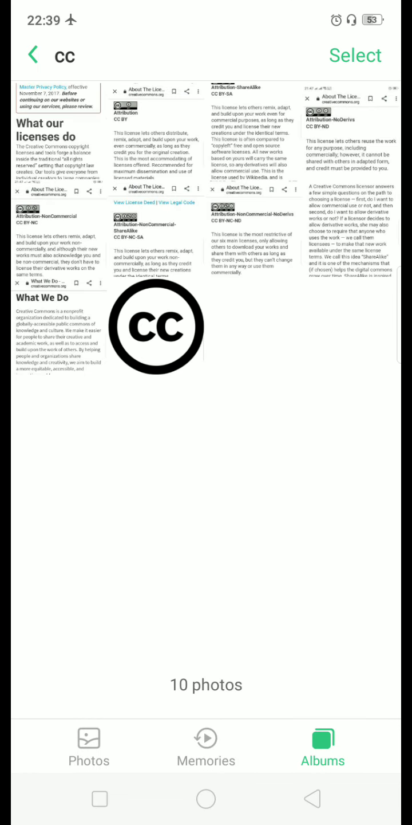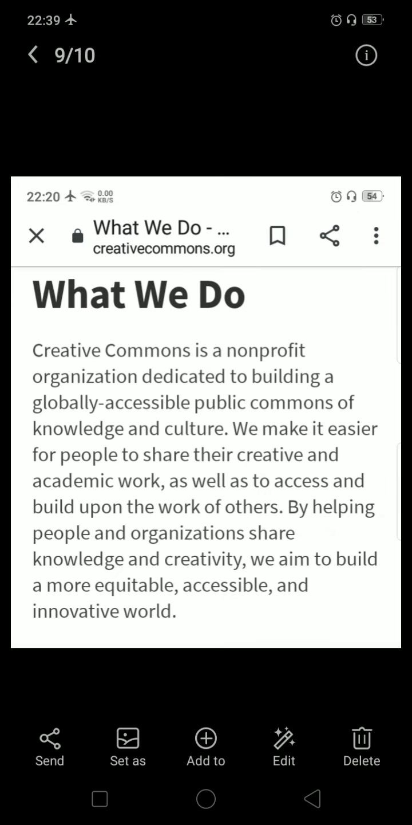So the process is simple. This license can be acquired from the website creativecommons.org. Creative Commons is a non-profit organization which helps to get a license called CC. So if you want to get the license, you need to go to the site and apply over here. In the next video, I am going to show you how to apply for it and how to get that